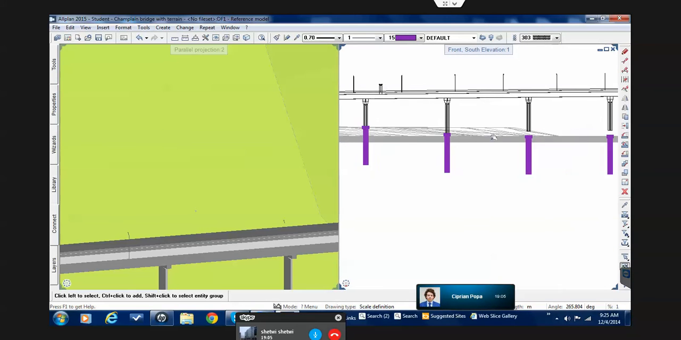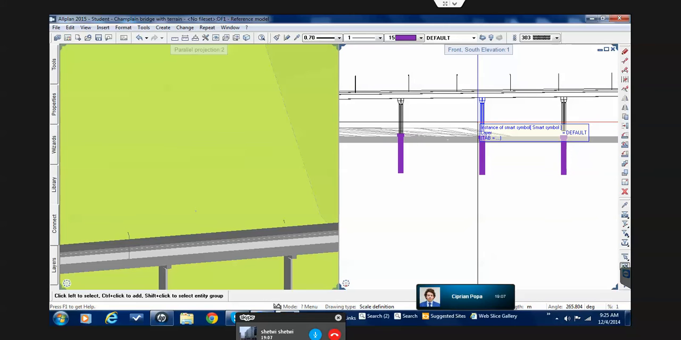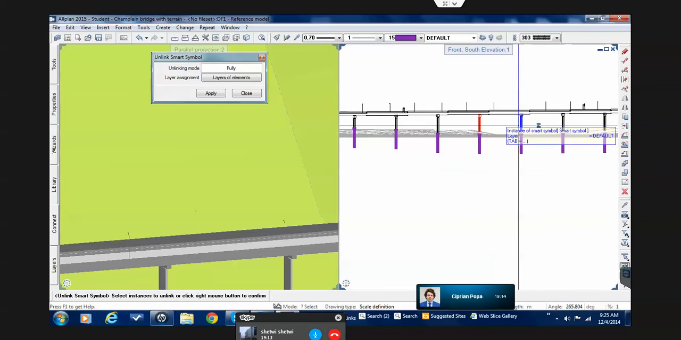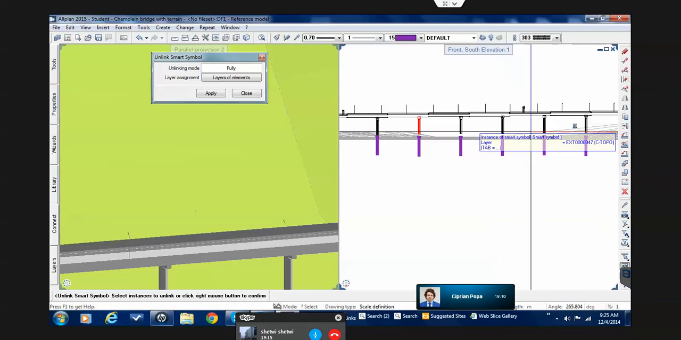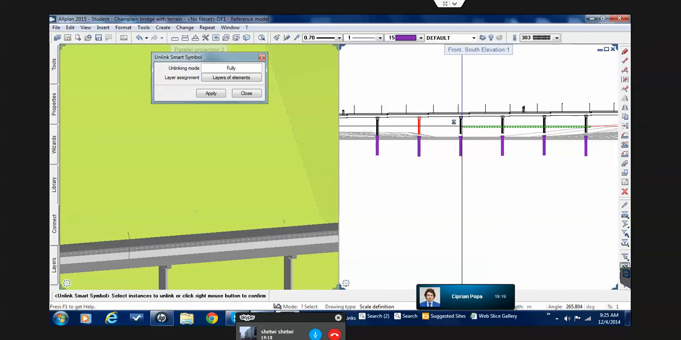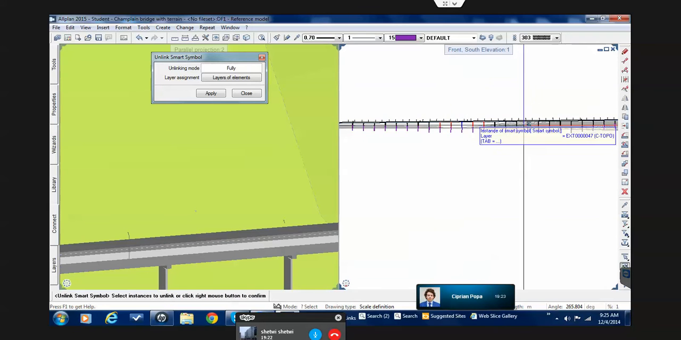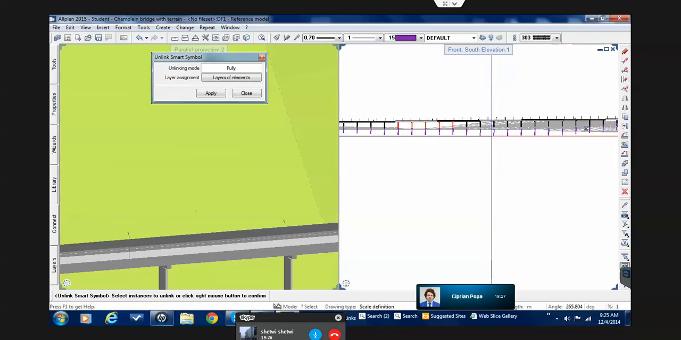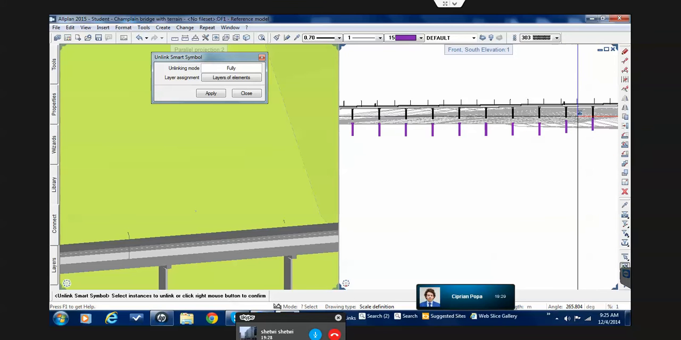If we would like to unlink more elements, we just right click here and say unlink, and I can select more than one element, so I can change the position of more elements at once. So I'll do the unlinking and then change the position in this area. I see only here it fits,